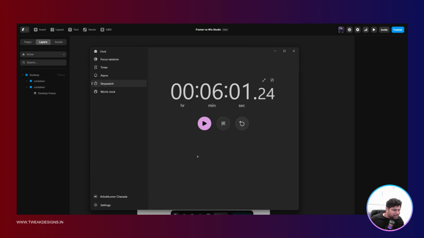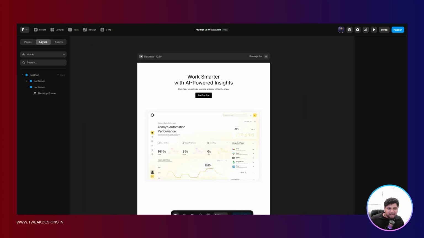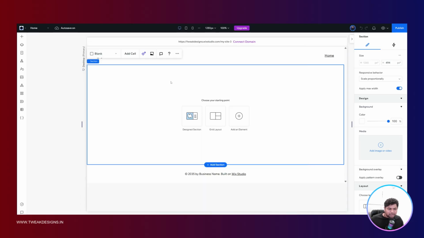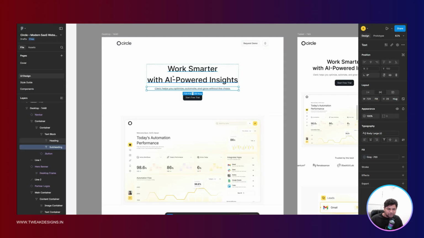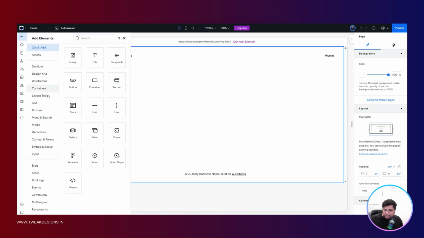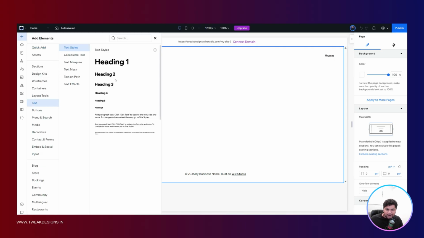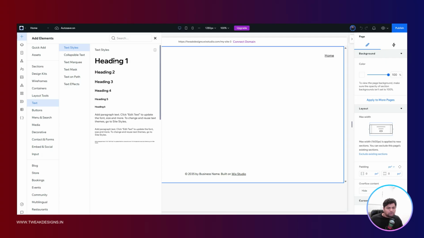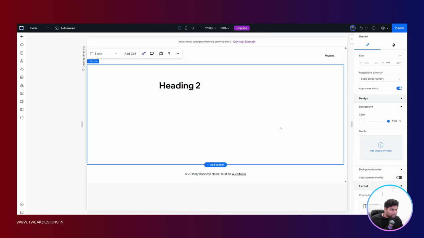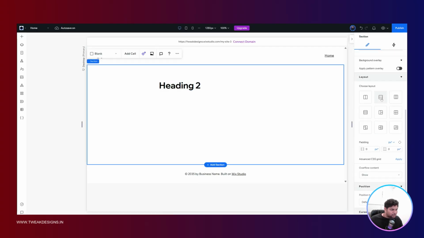And now let's say we create it in Wix Studio. So again, let's see how long it takes. Let me do it again. Okay, so now here, as per this, we need content. In Wix Studio, you get so many things pre-built. If I go to text, I have the heading styles ready. I want H1 or let's say H2. I take H2 for that part, and for this section, I click on sections and use a